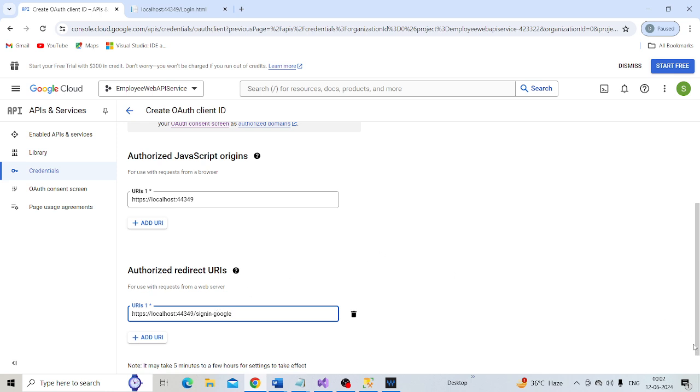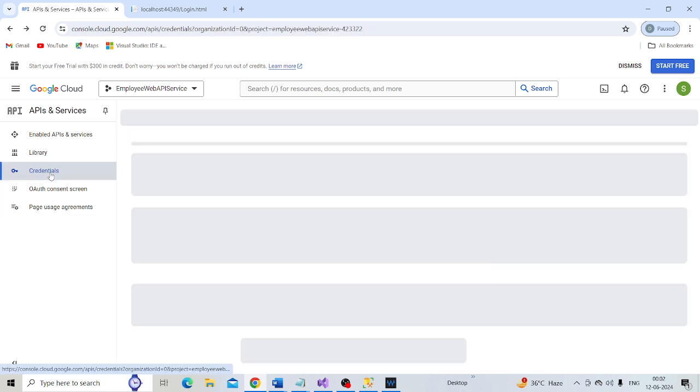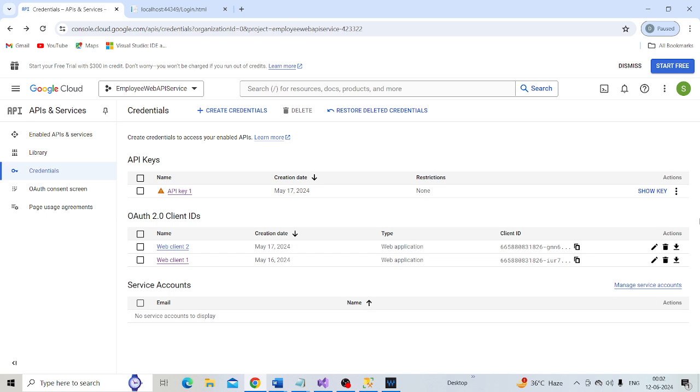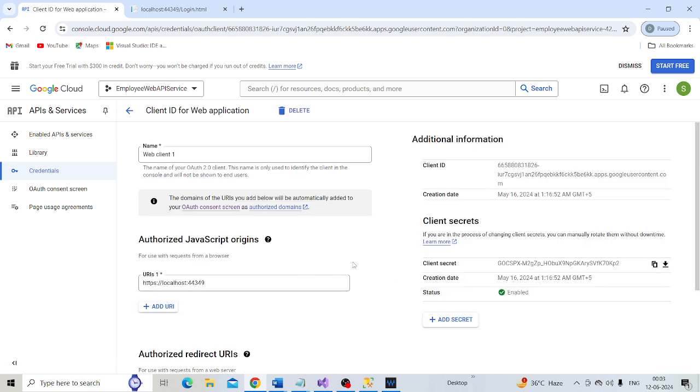Because I have already created the authorized redirect URIs and authorized JavaScript origin, you would have to click this create button, but I have already created, so I am clicking this. And if you go here, credential tab, here is my created application, my created client ID and creation date, and this is the client secret.